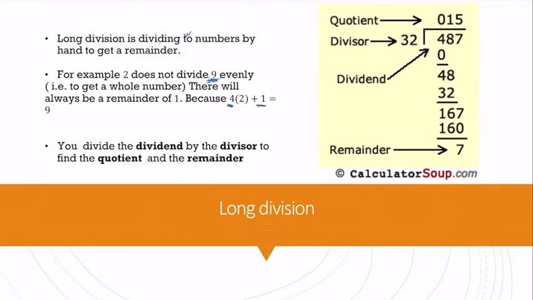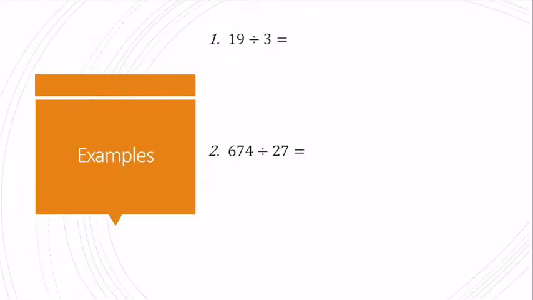You divide the dividend by the divisor. You find a quotient, that's the whole number part, and the remainder is whatever's left over that didn't fit evenly into our number. So let's go ahead and work through some examples of long division because we need to remember